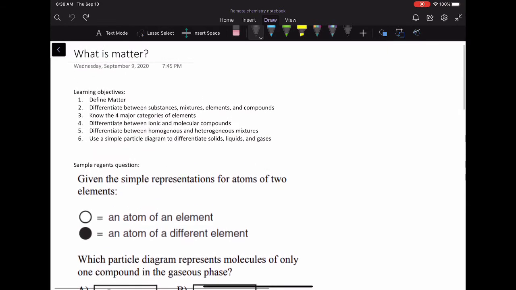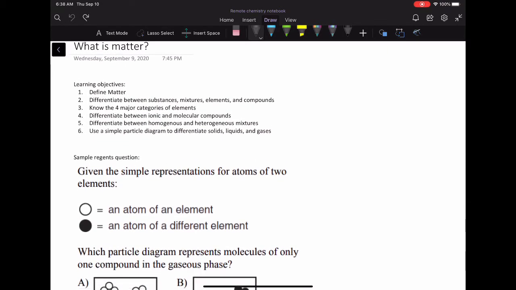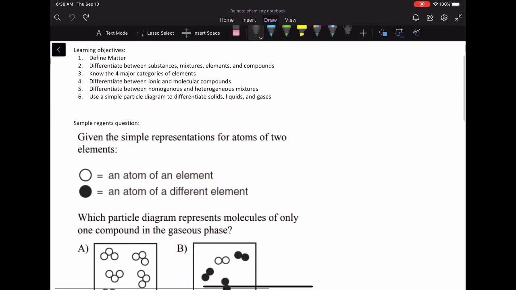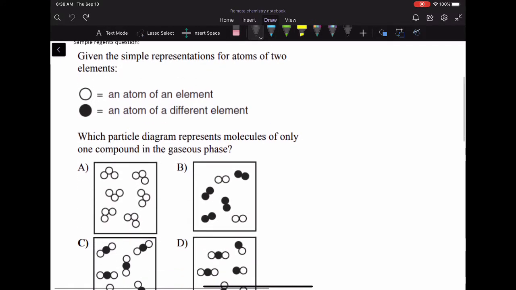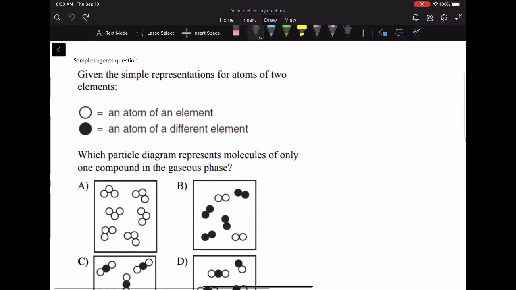So for our learning objectives, by the end of this lesson, you should be able to define matter, and differentiate between substances, mixtures, elements, and compounds, and we'll talk about all those. You should know the four major categories of elements, differentiate between ionic and molecular compounds, differentiate between homogeneous and heterogeneous mixtures, and then just be able to use a simple particle diagram to differentiate solids, liquids, and gases. All right, so this is a sample Regents question, and we'll come back to this at the end after we've